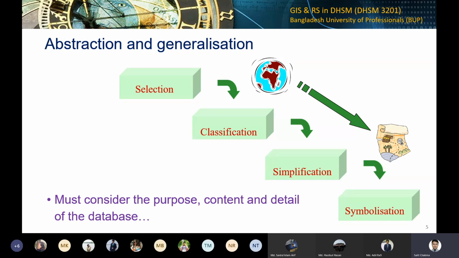For example, they picked out the roads, the width of the roads, the buildings, the lakes, the bridges, and different landmarks. So these are the objects from reality which are interesting to them